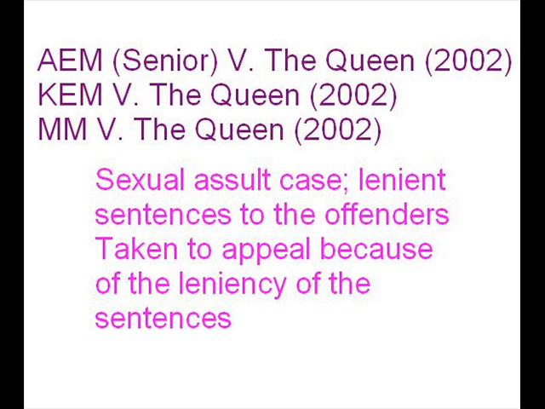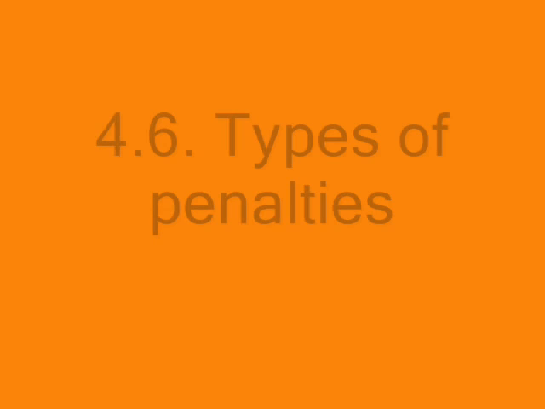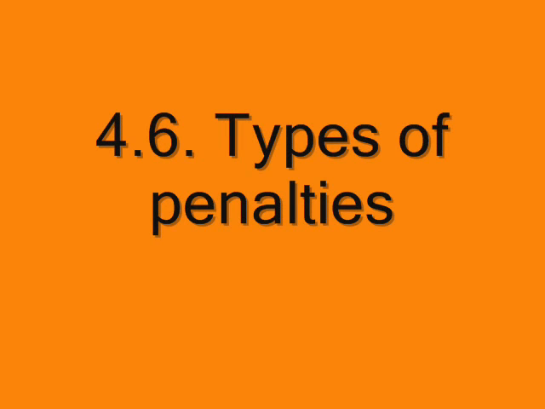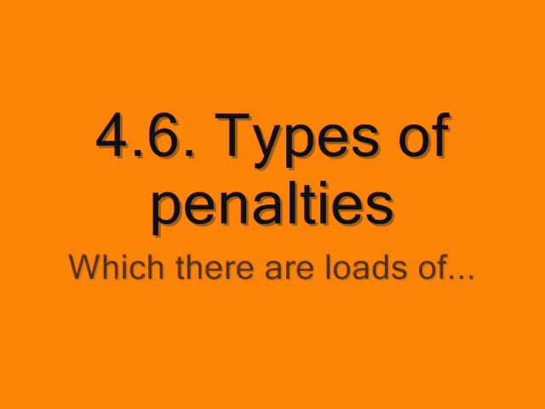Types of penalties. These include no conviction recorded, a caution or a formal warning, a fine, a bond, suspended sentence, probation, criminal infringement notice, sort of like a fine, penalty units, community service order, home detention, periodic detention, forfeiture of assets, imprisonment, which is the most severe and a last resort according to the